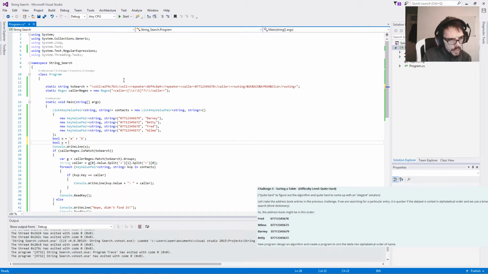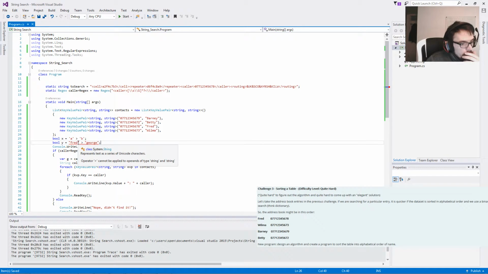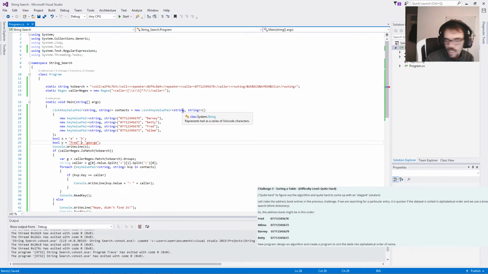Bool y equals Fred greater than George. I'm going to assume that this will not work. Yeah, I didn't think so. So you can do it on characters, but it can't do it on strings. So to sort alphabetically,